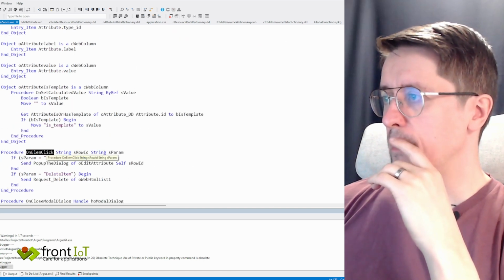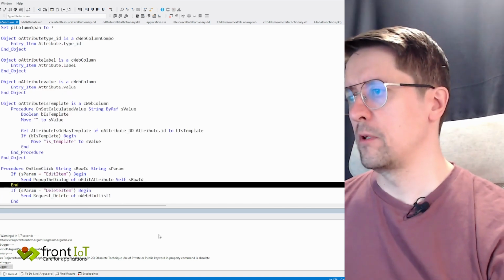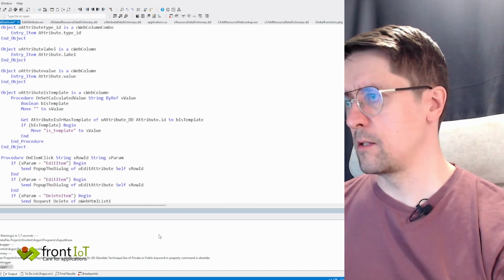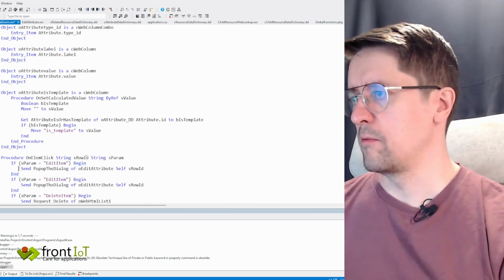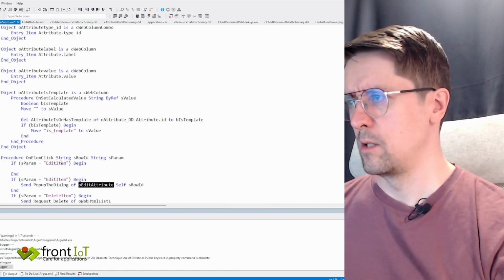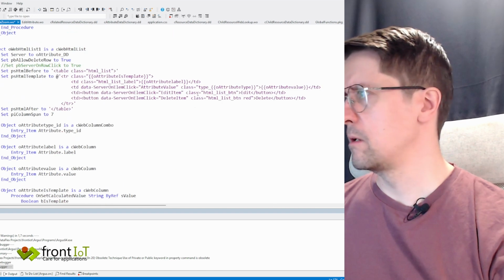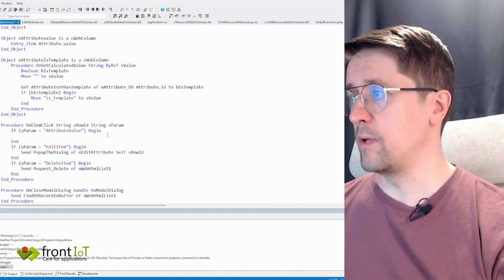So we have on element click. We want to do something similar like this, but instead of showing the edit button, which is this, we want to say if we click attribute value